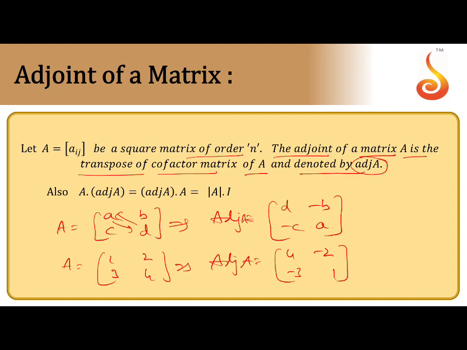I hope that is clear. If it is a 3 by 3 matrix, find each element's cofactor and take the transpose of the matrix to get the adjoint. And there is a property: A into adjoint A equal to adjoint A into A equal to det A into I. This is a general standard property. Sometimes in the exam they give matrix A and ask the value of A into adjoint A, with options like 2I, 3I, 4I, 5. It is nothing but det A into I. Find the determinant into I to get the answer directly without finding the adjoint. I hope this is clear. There are some properties of adjoint which I will explain later.